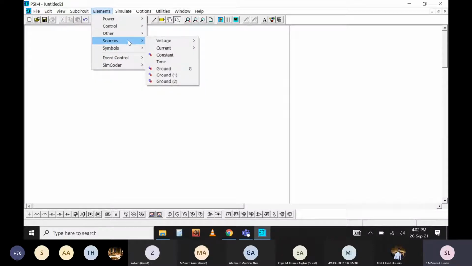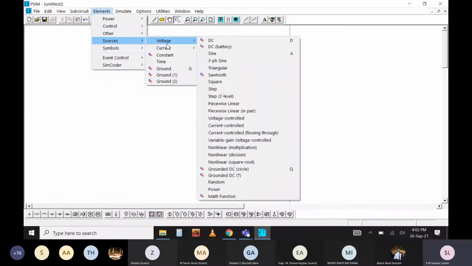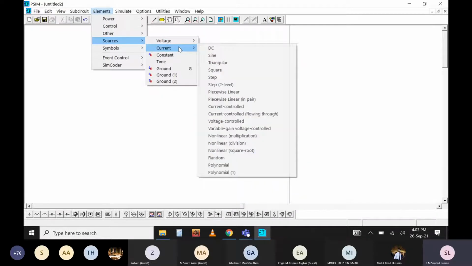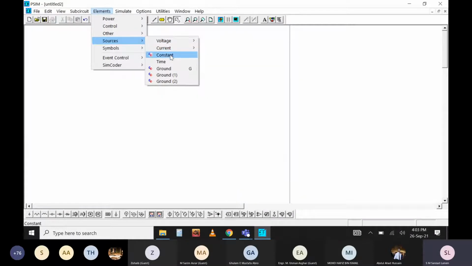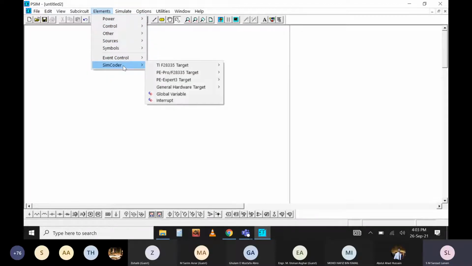Source. If you are talking about the voltage source and current source, this is the area where you can find different kinds of sources: DC source, AC source, controlled source, uncontrolled source. All kinds of sources are available here. Similar goes for the current source as well. Time. This block will give you the time of simulation. Once you turn on the simulation, it will give you the continuous timing. This block can be used for other purposes as well. If you want to put some kind of time control logic in your circuit, this might become handy. So these are the basic items you're going to need frequently while designing your circuit.